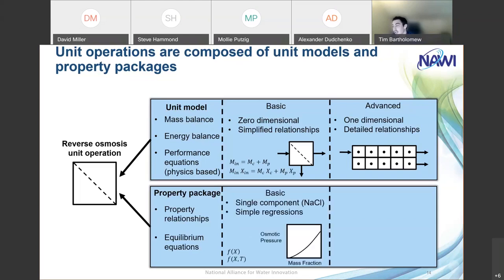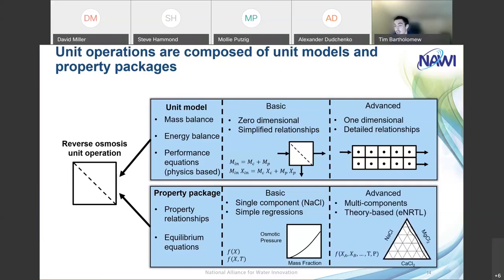At the basic level, we could consider a single component like sodium chloride, and that would be mostly just simple regressions. For example, I'm showing here osmotic pressure as a function of mass fraction and temperature. And there could be other properties like this, like viscosity or density for the single component, that could be represented by polynomial expressions. We can also have more advanced models that are multi-component and theory-based, like the electrolyte non-random